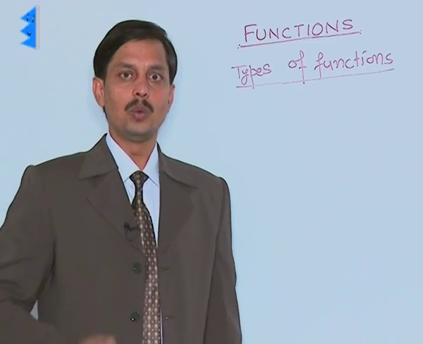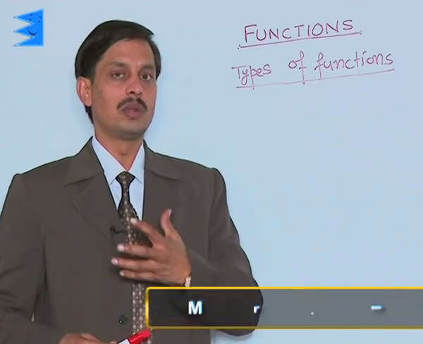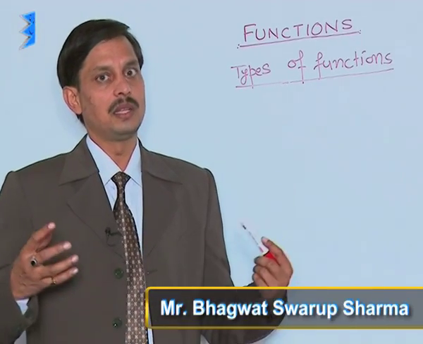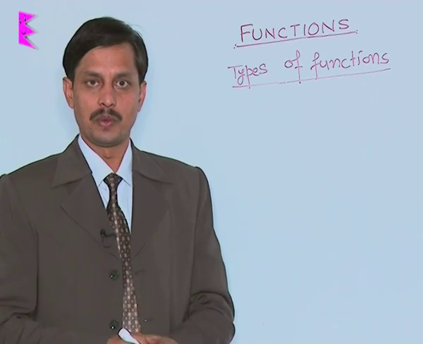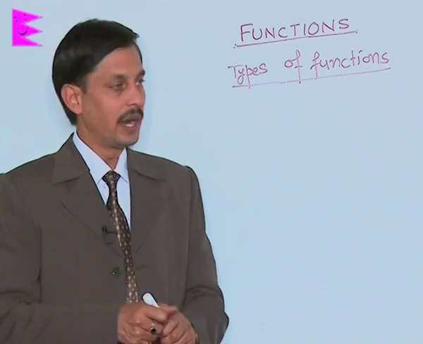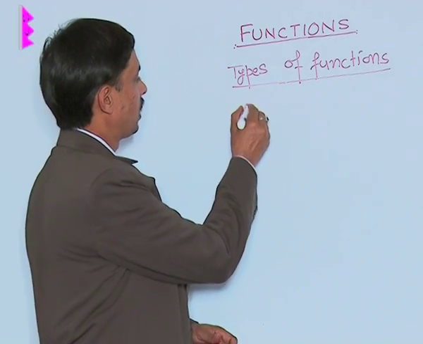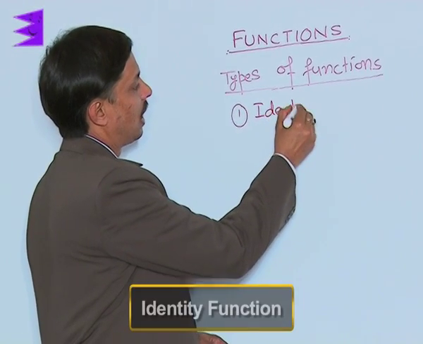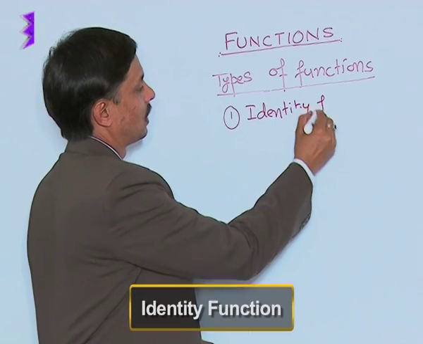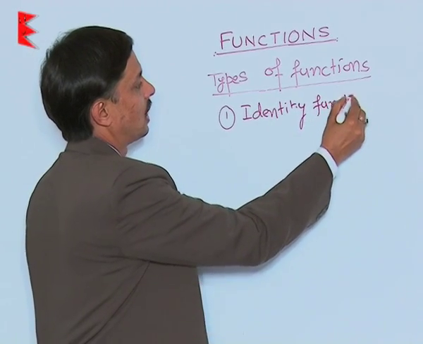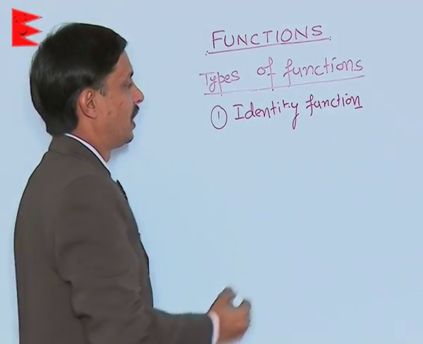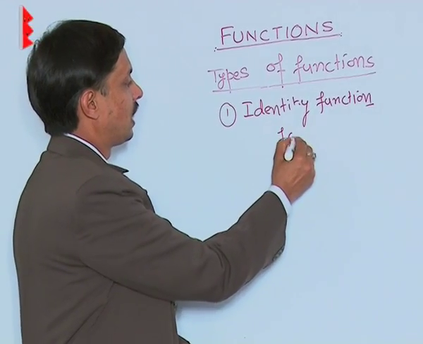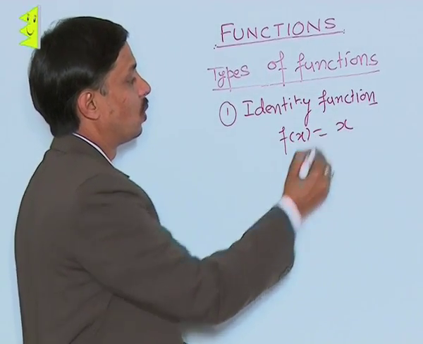Now I would like to discuss with you the graphs and the types of the different functions. First, what is the identity function? As the word itself is quite explanatory, a function is like this: f(x) is equal to x,